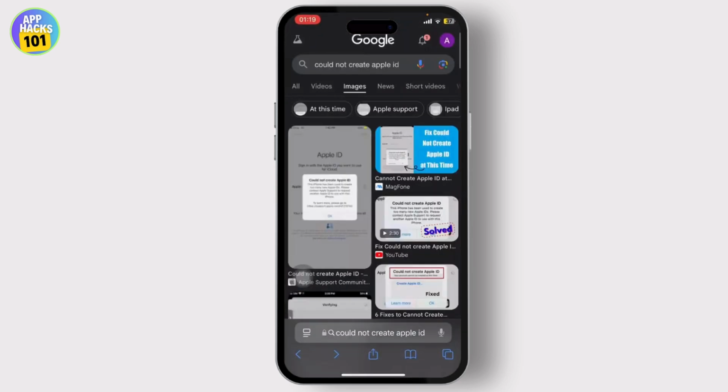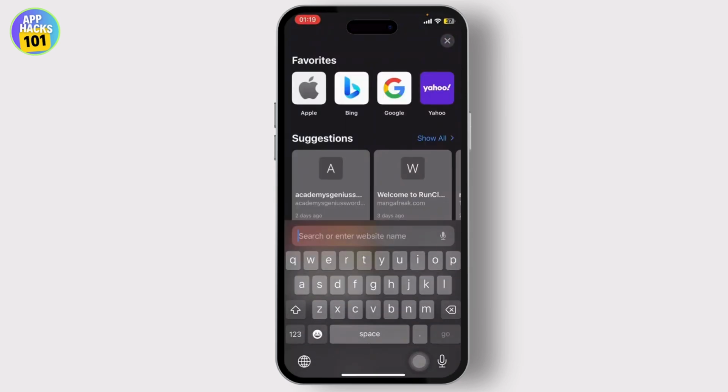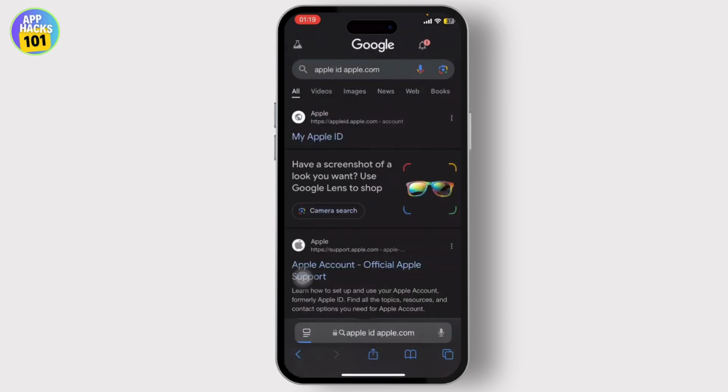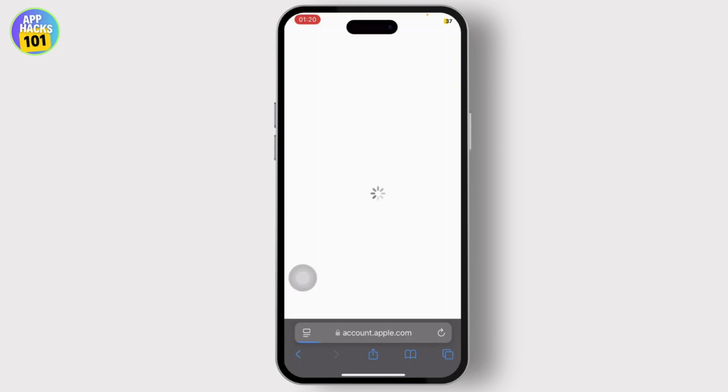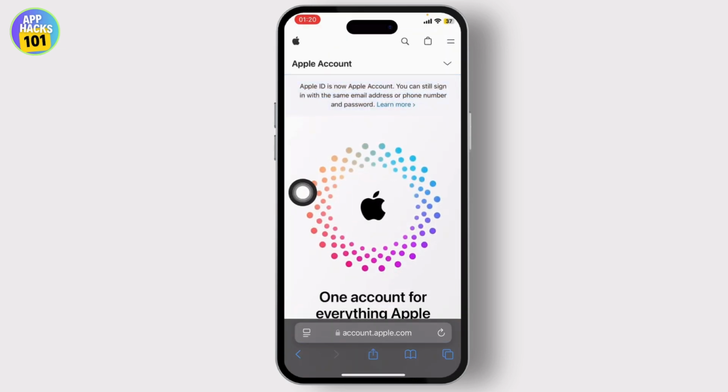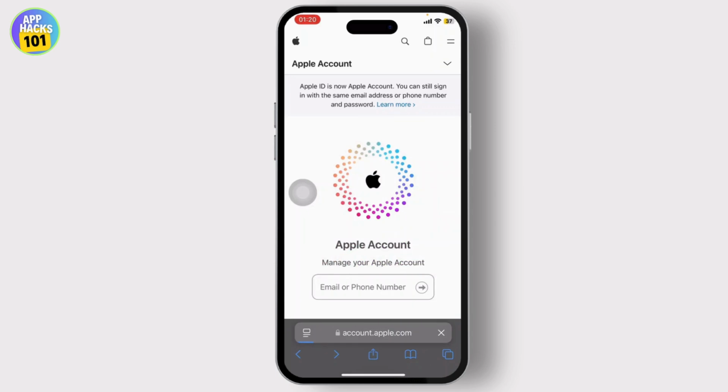Now let's get started. So the first thing you'll want to do is just go to your Safari, and after you do that, search for Apple ID, apple.com. So what we're doing here is we are just creating an Apple account, that is Apple ID account, from our web. So we'll just do that. Tap on my Apple ID, just tap on it, let it load, and after you do that, you will be redirected to account.apple.com. So after you're on account.apple.com, what you'll need to do is just tap on this down arrow